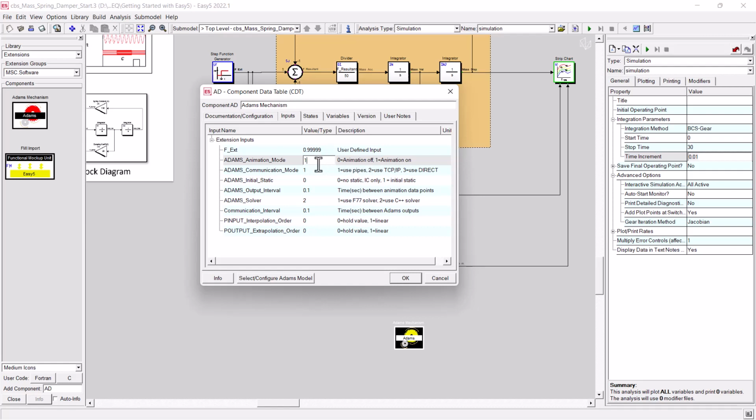0 is animation off, means it simply runs the Adams solver in the background. It's very fast and efficient, but you can't see what's happening. 1 will actually fire up Adams view so that you can watch the animation while it's running. We don't want any